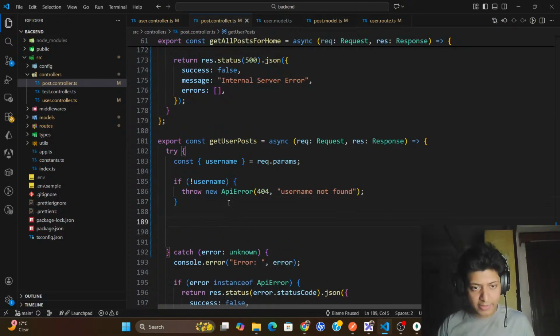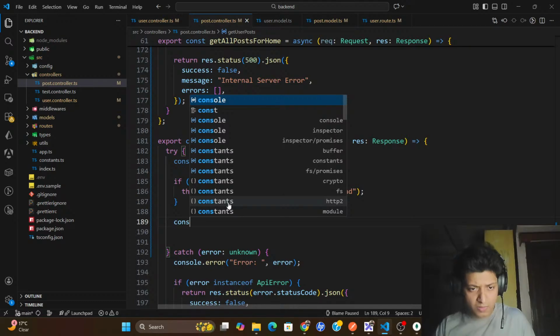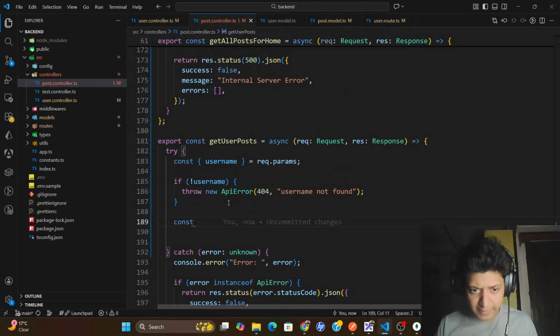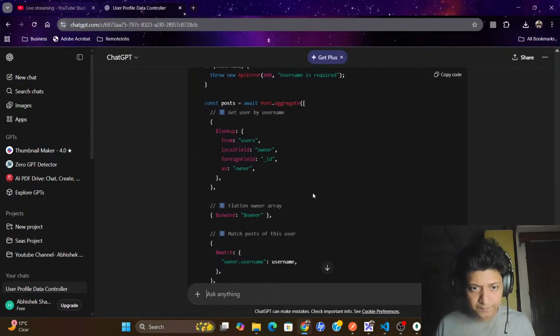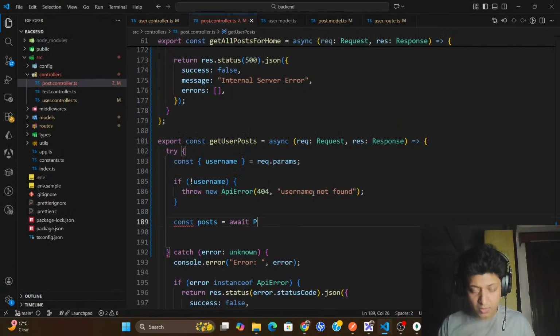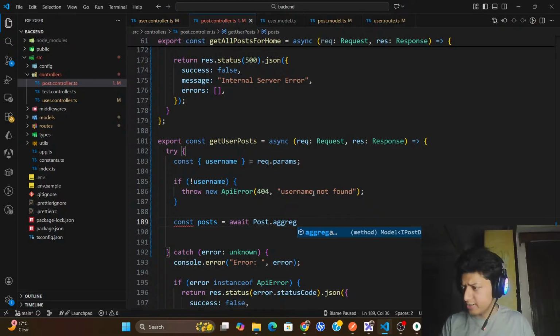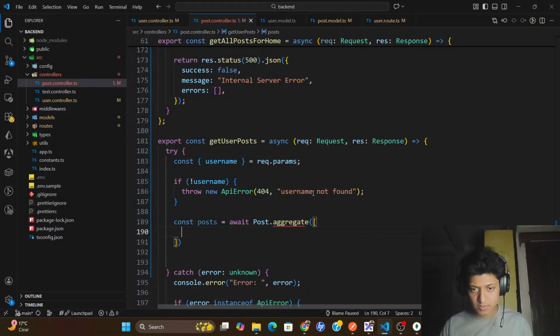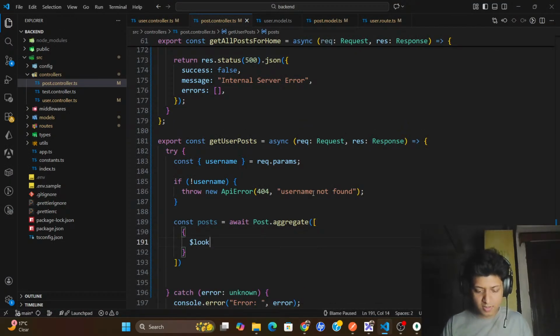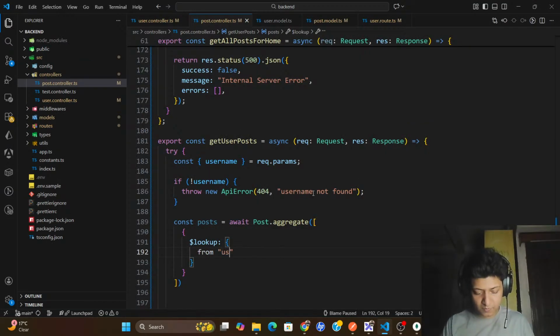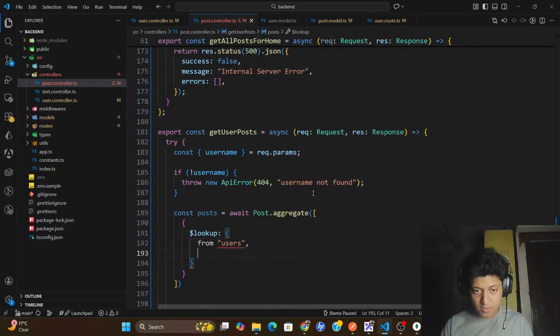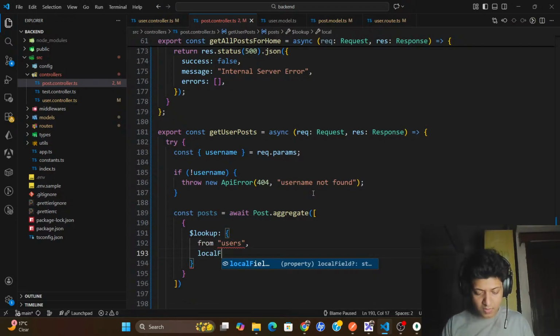Now here I need to add the pipeline. const pipeline, const user posts equals await post dot aggregate, dollar lookup from users, local field,